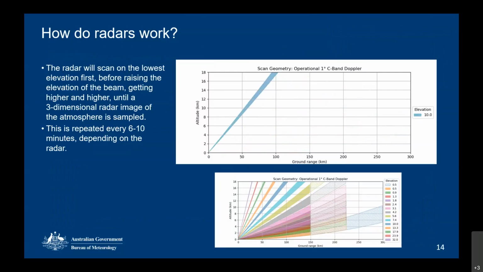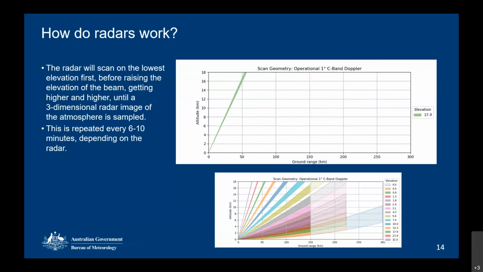This slide also shows that the radar picture is three-dimensional. So as you see, it's an animated picture in the middle. It shows you the elevations that the radar goes through. Generally speaking, most radars' elevation starts at 0.5 degree as the base scan. It does a full 360 at 0.5 degree, and then it goes up to the next elevation.